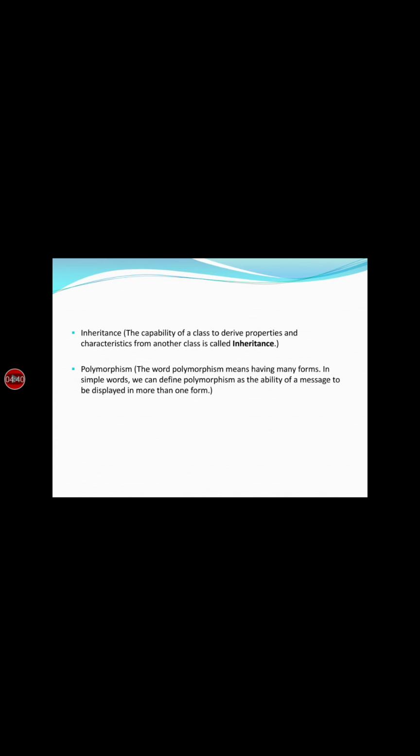Next is multiple inheritance. Here we are going to take the example of a bird. Under bird there are parrot and sparrow. So in this way we express multiple inheritance. Next is hierarchical inheritance. In this we take the previous example of a world. Under world there are India and USA, under India there are Delhi and Punjab, and under USA there are New York and California. In this we have the parent class, which is world, and the child classes, that are India and USA.